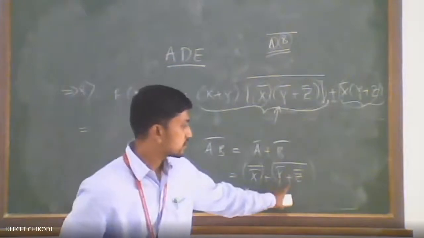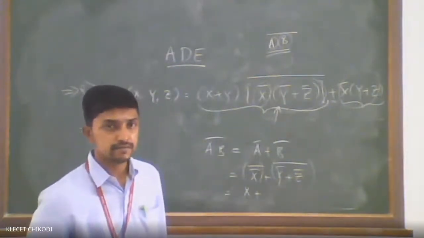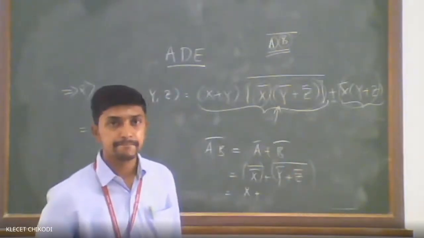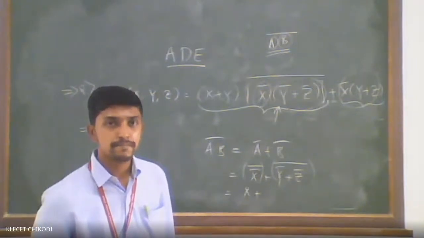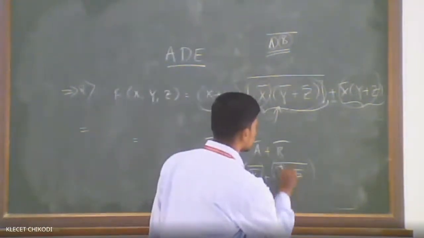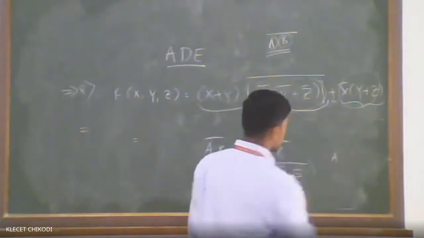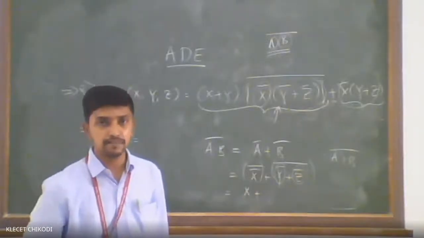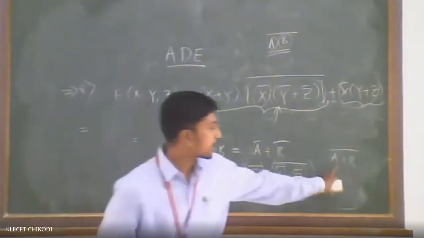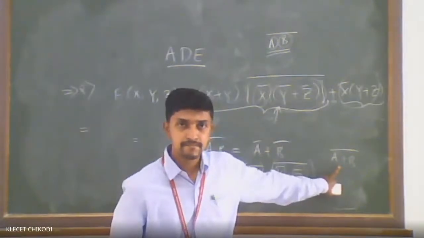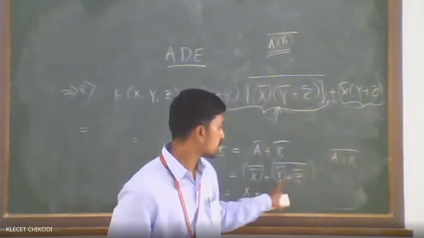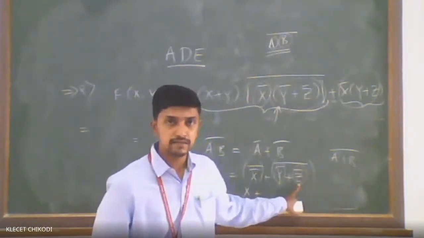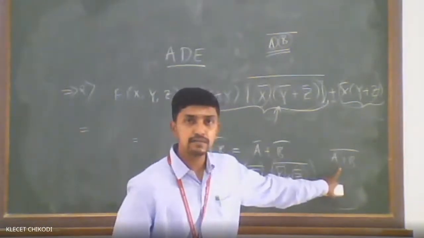Now, again, which theorem do you have to apply here? How can you solve this: y bar plus z bar whole bar? What do you do here? Once again you consider y bar as A and z bar as B, and if you take the bar, it will be A plus B whole bar. Again, you can apply De Morgan's theorem for this one, right? Instead of A, I have taken y bar here. Instead of B, we have to take z bar here. So, what will be the De Morgan's theorem for this one?